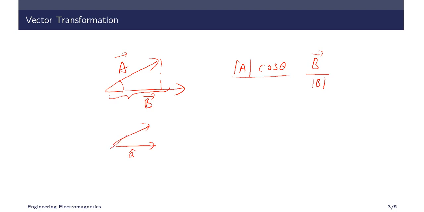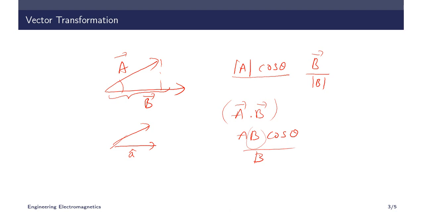It is just that I have to find the value of A dot B, right? A dot B will give AB cos theta. Now what I want is A cos theta. So what I have to do is divide it by the magnitude of B. So what I will get is A cos theta. Correct? So the component of A along the direction of B is given by AB cos theta divided by the magnitude of B.